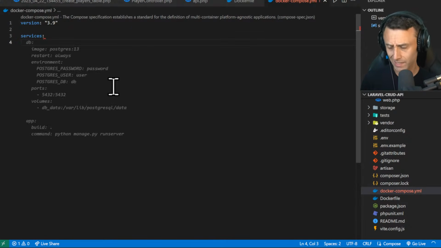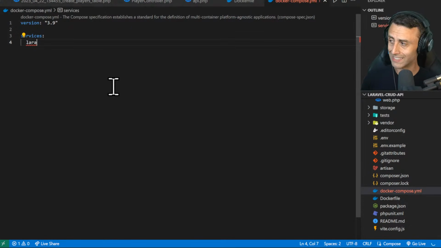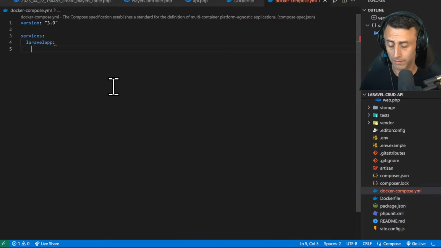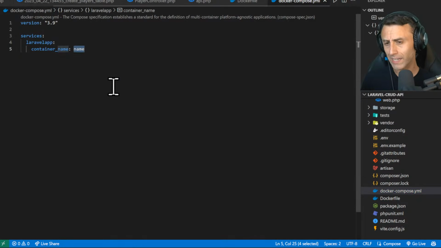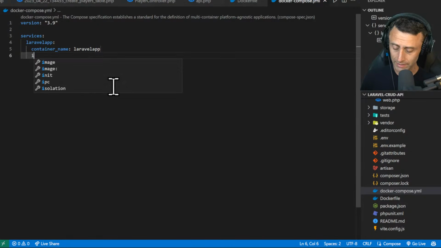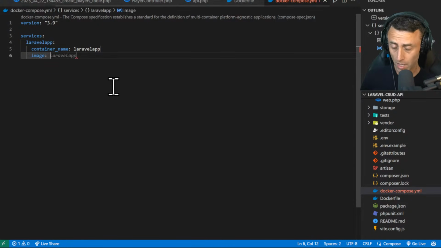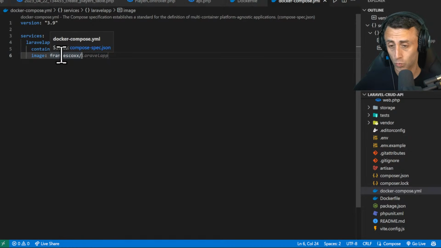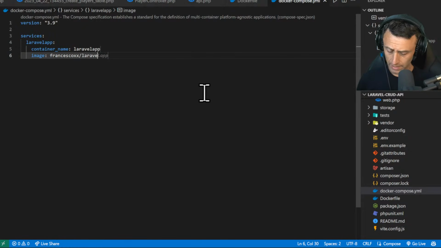The services are basically the containers. We can call this service Laravel app. And this can have a container name. We can specify a name. It's not mandatory, but let's do it. So basically the container will be called Laravel app, and then we can define an image. The image is the name of the image that we want to define. You can use any Docker Hub account you want. Docker Hub is a sort of GitHub for Docker, and we can call this Laravel app